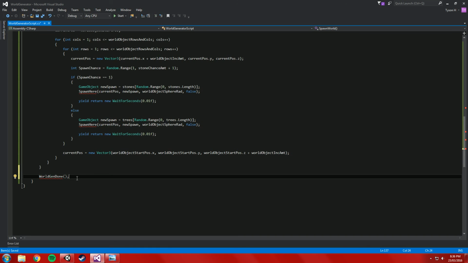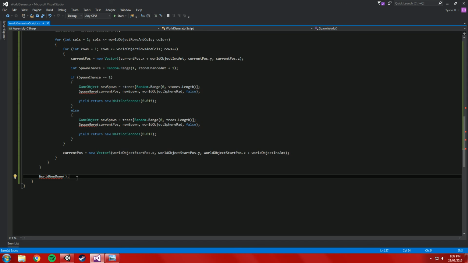Once the whole spawn process is complete, you can tell it to do something else. Once it's done, it runs that method, and you can put whatever you want in there to kick off the game, or to spawn the player, or whatever. So ideally you won't have the player spawning in the middle of this world while it's creating the terrain around them. You can just chuck it in this method here and get it to do it once it's done. Alright, that's the coroutine done, and I think we'll now move on to writing that